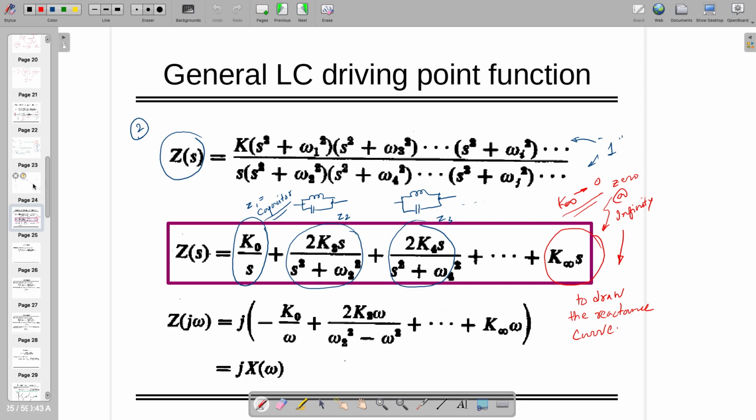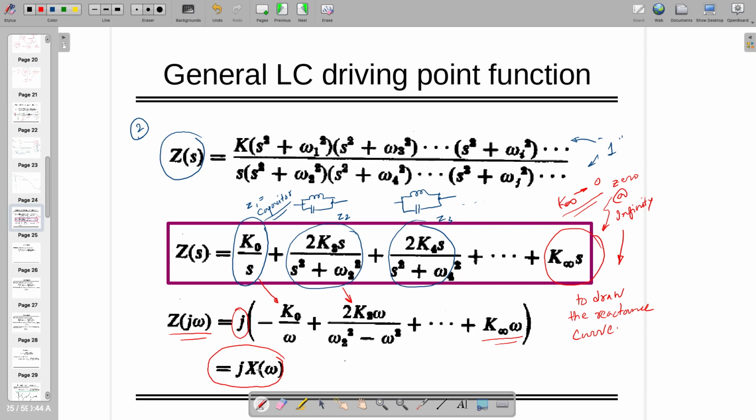So if I'm writing this in terms of j omega, this is equal to j times minus k0 divided by omega. That's the first term. Second term is equal to 2k2 times omega, j is common and going outside, divided by omega 2 square minus omega square, and we can write similar terms till the end, and this is k infinity times omega where j is taken common at the right, and we can write Z of j omega is equal to j times X of